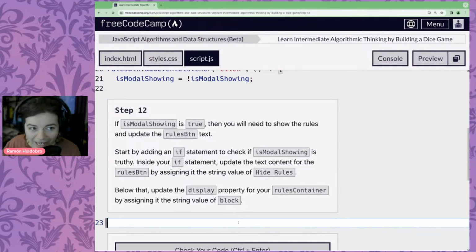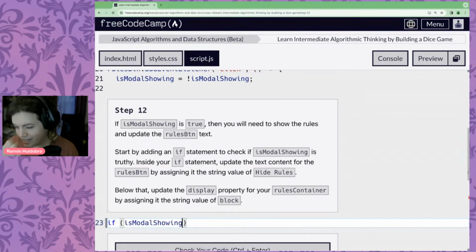So now that we've reassigned is modal showing, we're going to add an if statement to show or unshow those rules, and of course change the label on the button. So if is modal showing, and because it is a Boolean, we know that it'll be either truthy or falsy, whether it's true or false.